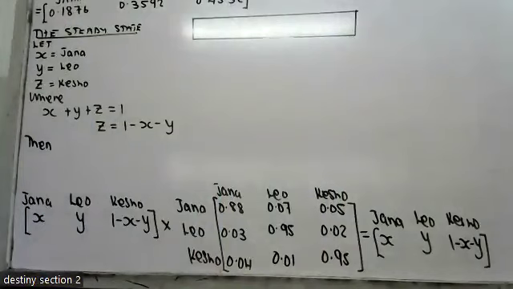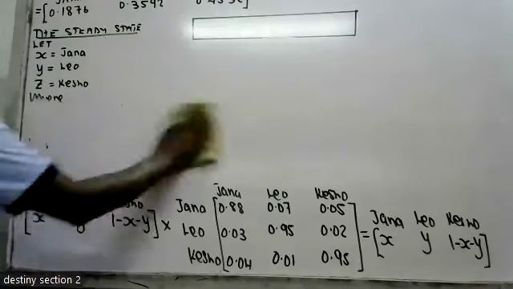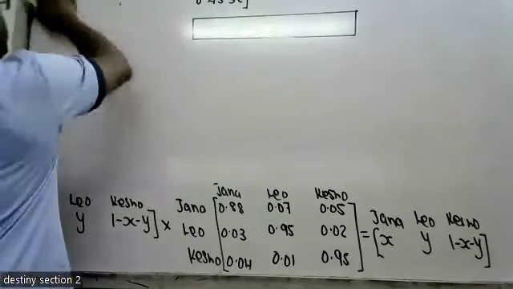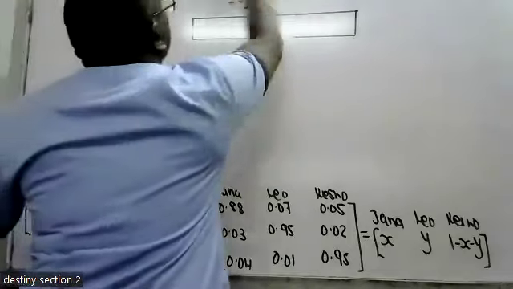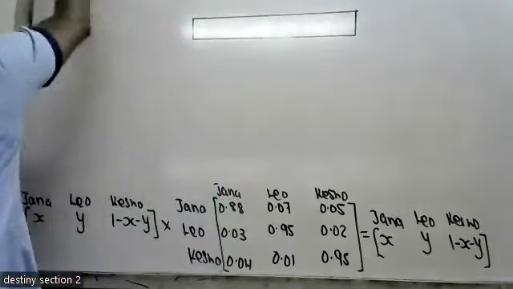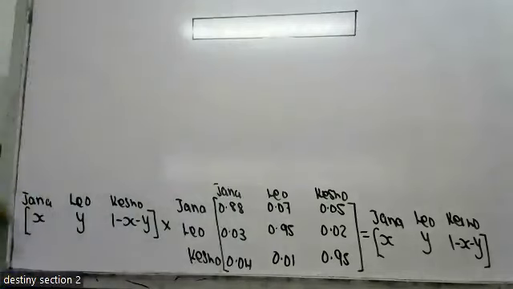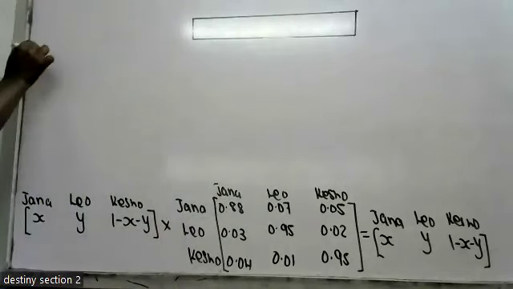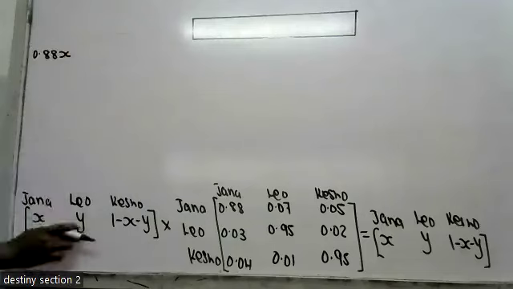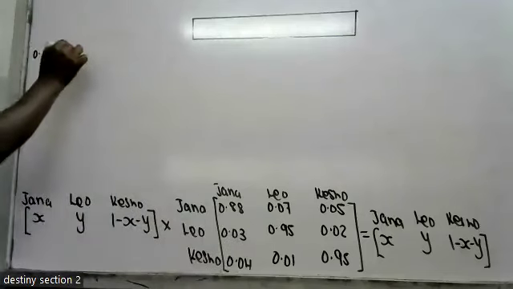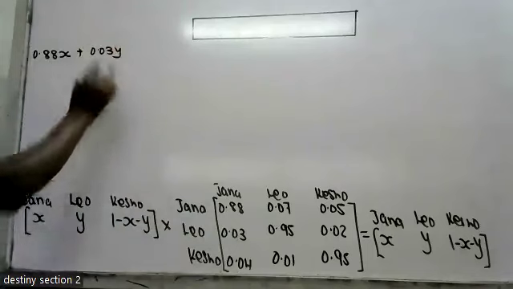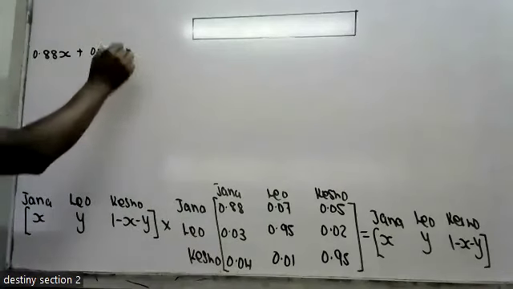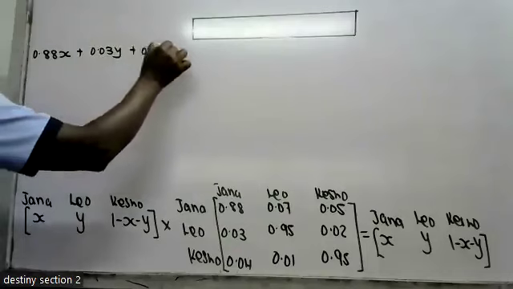So with that now, we start solving. So on solving, the usual way, this multiplied by this, I'm going to record 0.88x. This multiplied by this, that's 0.03y. This multiplied by this is plus 0.04